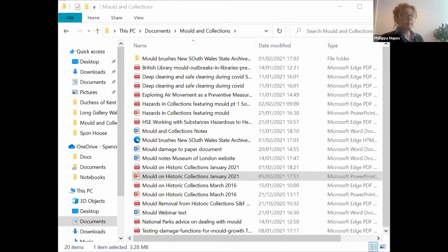So I'll crack on. Let's start by having a closer look at what mould is and how it operates in our collections. So what is mould? Let me move my bit up. Okay. So mould is a common name that is used to describe a group of fungi that...